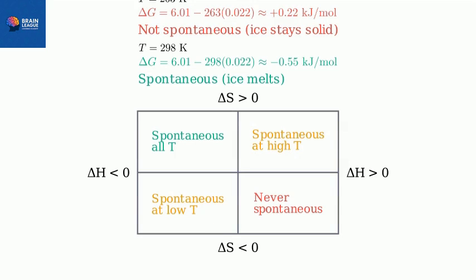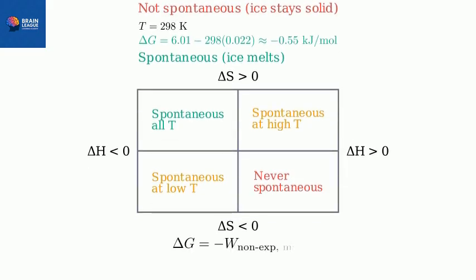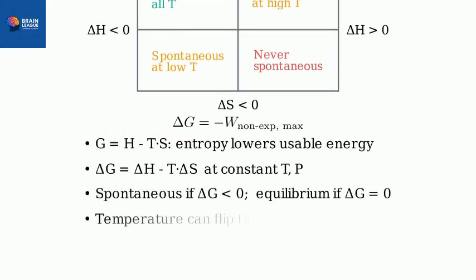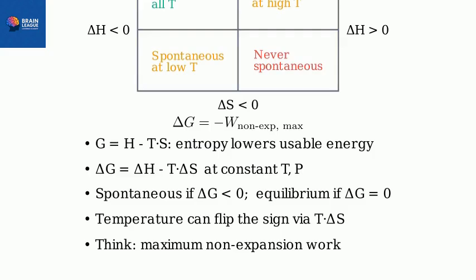One last interpretation. Gibbs free energy is the maximum non-expansion work available from a process. A negative delta G means energy is available to do useful things, like drive chemical reactions in cells or power a battery. To summarize, G equals H minus T times S, and at constant pressure and temperature,